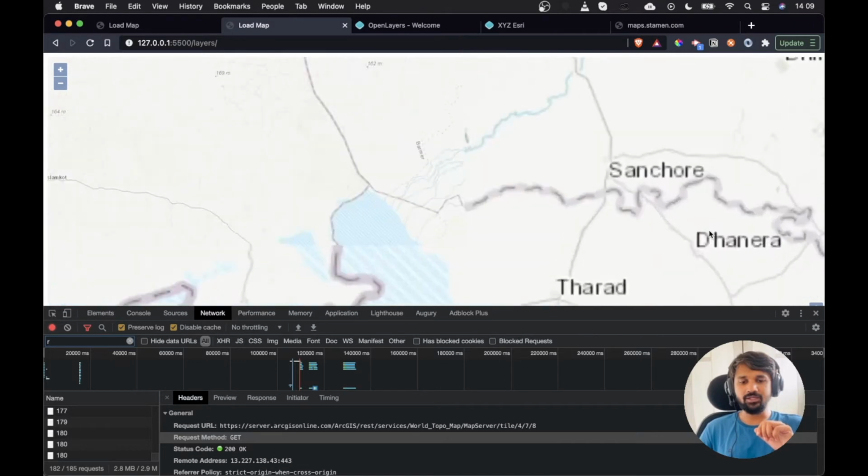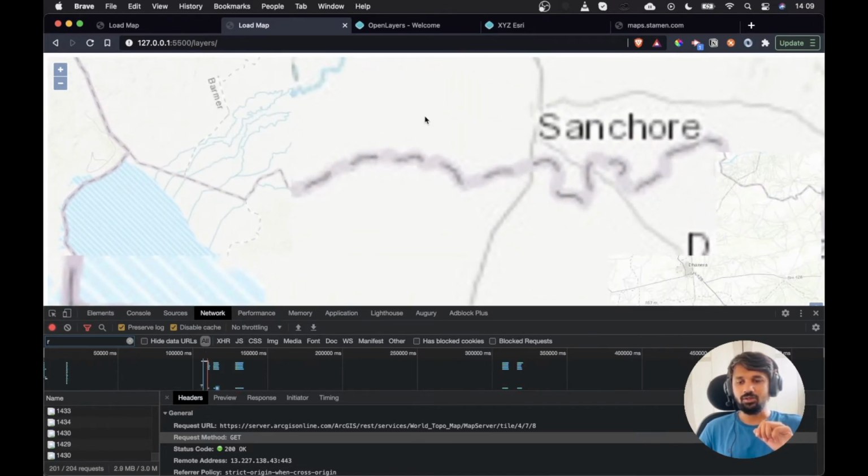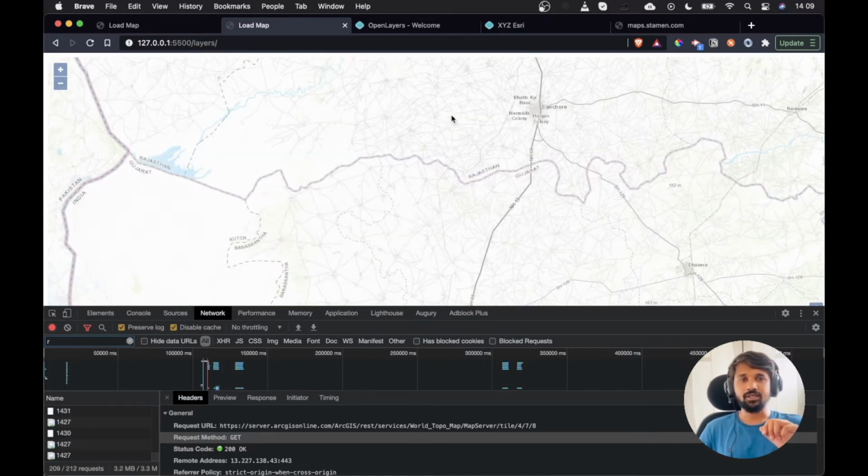If I quickly zoom into any one of the locations, you can see that this image is getting sharper tile by tile. That means whenever we request any extent to load, the extent is divided into smaller tiles and then each of these individual tiles gets downloaded. While sometimes this is not the behavior we want. Sometimes we want to load an entire layer as just a single image. OpenLayers also allows us to do that.